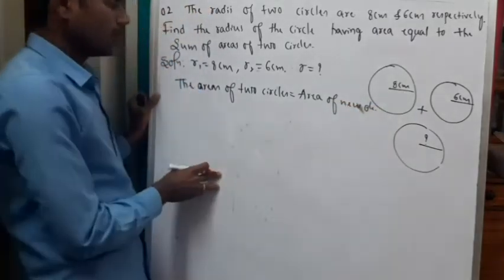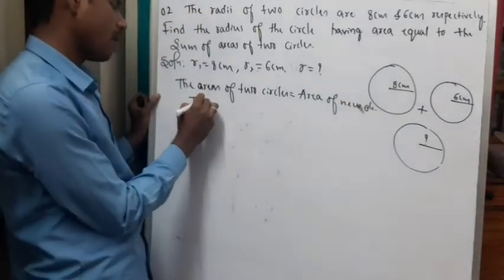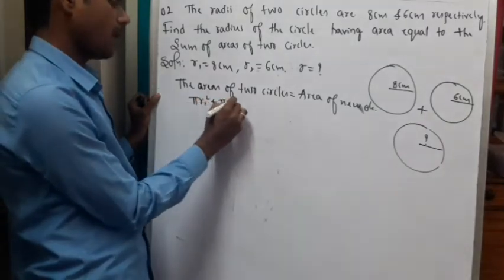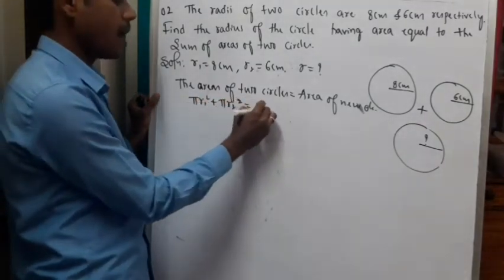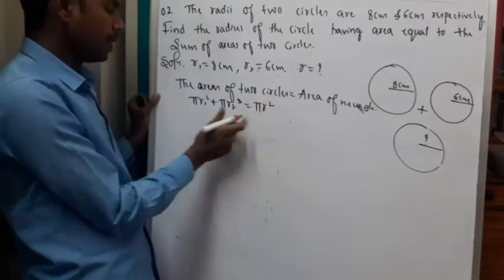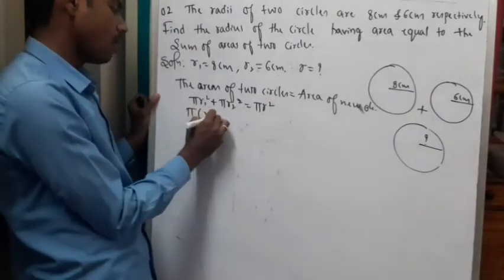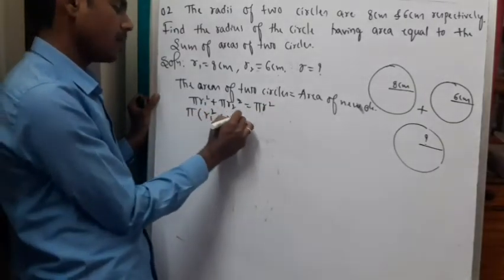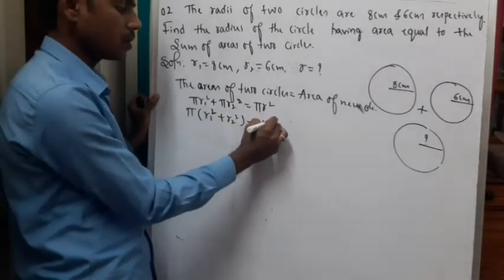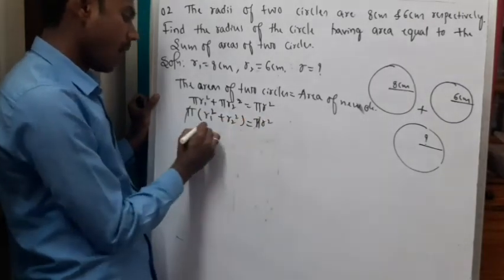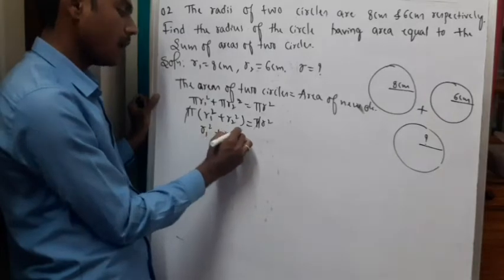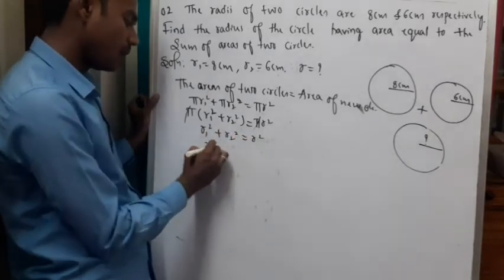Okay, now the area of two circles, πR1² + πR2², is equal to πR², which is the area of the new circle. So π is common, so R1² + R2² is equal to π into R². π will get cancelled. R1² + R2² is equal to R², or else R is equal to